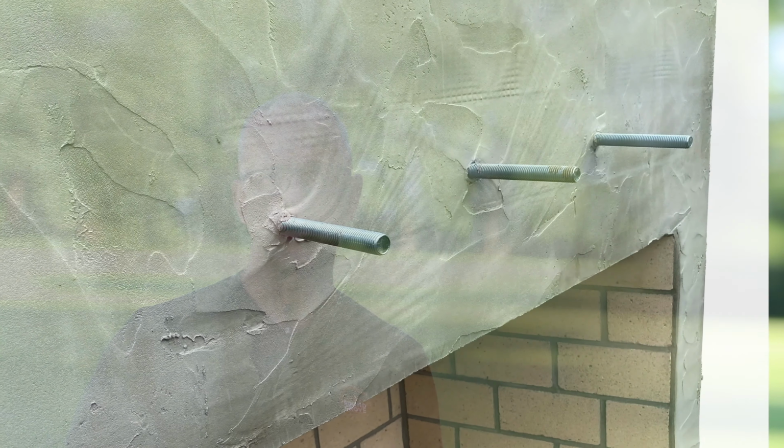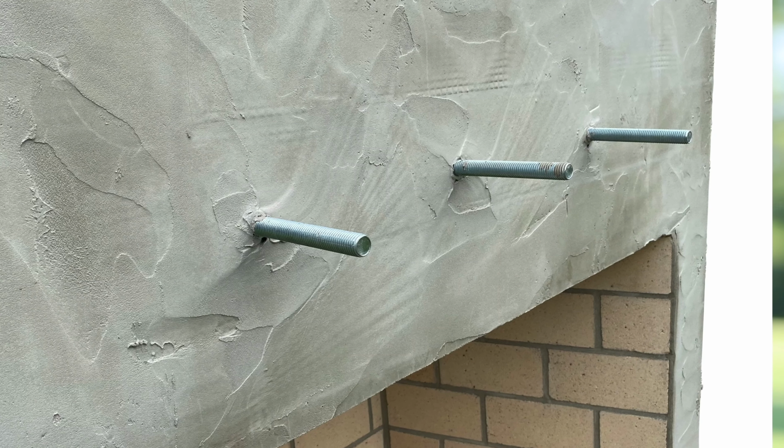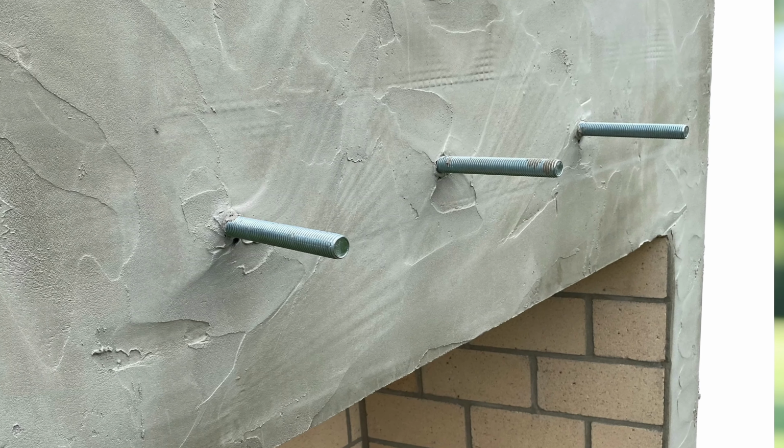Another question that we get frequently is mantle reinforcement. We do offer an option where you can place up to three 3/4 inch rods that you can use to mount your mantle on. While I'm talking about mantles, the other thing that I think is a really nice feature that you get on Round Grove products is being able to create a mantle shelf above the firebox. And we do this right in the unit by